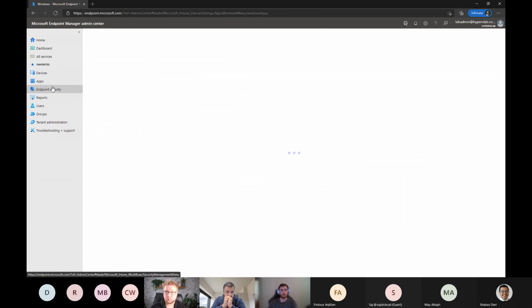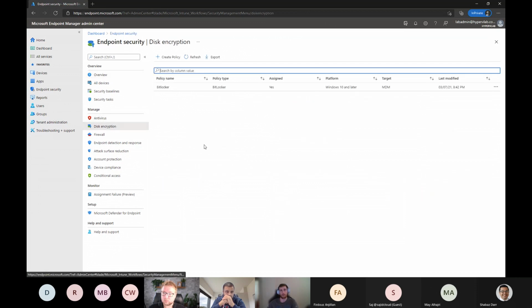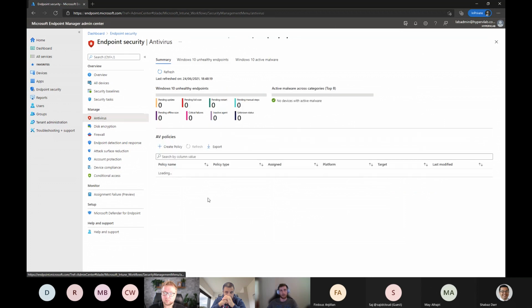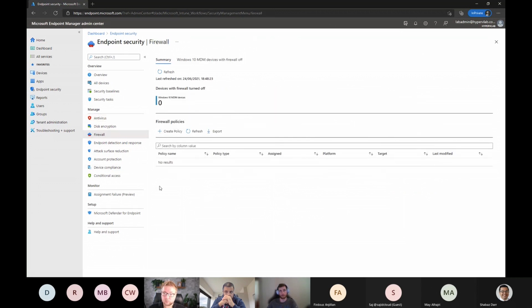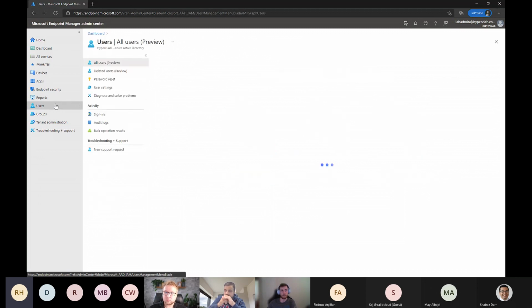Go from there. You've then got endpoint security, which is where you can configure Windows Information Protection, some Azure Information Protection stuff, disk encryption for BitLocker, all the antivirus updates and reporting, and then there's your firewall and configuration stuff in there. Then you've got all the various sorts of reporting. At the moment, I haven't delved into a lot of this, but it's on my to-do list at some stage to further get into.